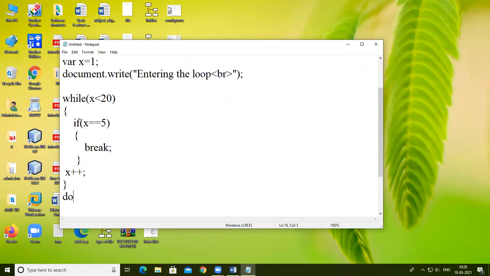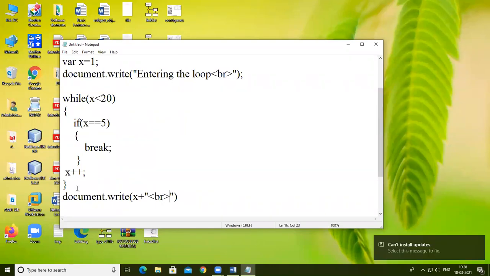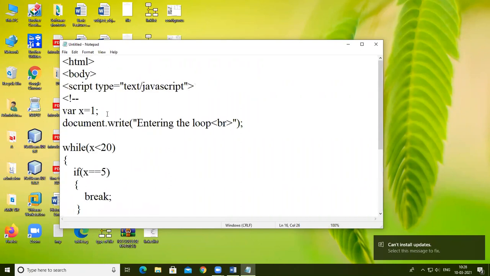After that, document.write in brackets x plus the br tag, because I write each new value of x on a new line. This while loop is complete here.